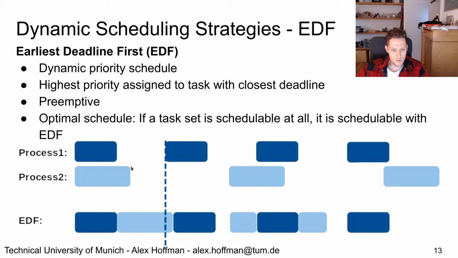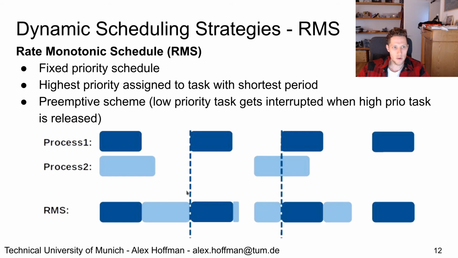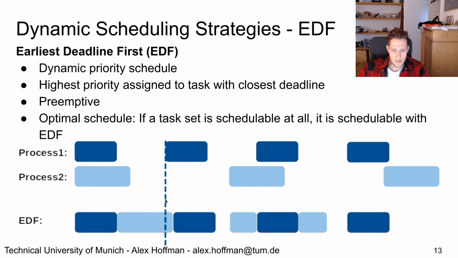Then process 2 is going to run, and when we get to this point in time, we can see that this process here has its deadline back here, meaning that process 2's deadline is actually closer, and so that's why we do not get a preemption here, unlike in rate monotonic, because it's a dynamic priority schedule, unlike rate monotonic, which is a fixed priority schedule. That means at this point in time, the priority of process 2 has been made higher than the priority of process 1. And if we keep stepping through it, when this task finishes executing here, we then start running